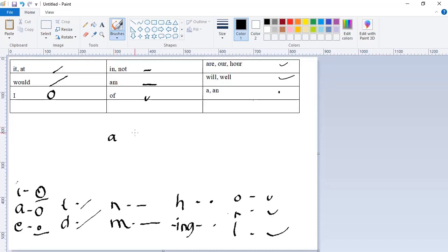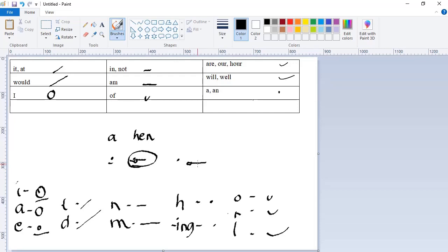Ano ba? A hen. Okay? So, paano yan isusulat in shorthand or steno? It would be like this, a hen. So, may dalawang period. Ngayon, pag yan pinaghiwalay mo, kung yung hen na yan pinaghiwalay mo at magiging ganyan, o